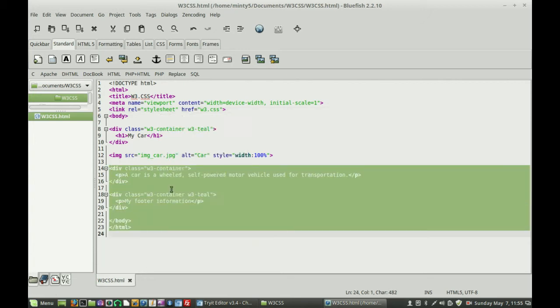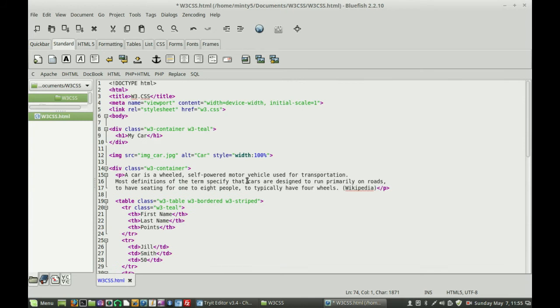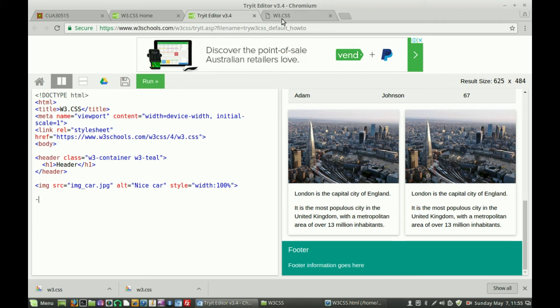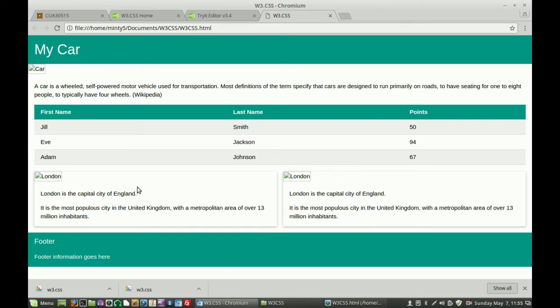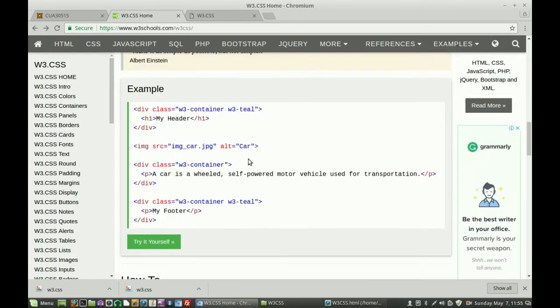Paste it, and we have a bit more. Save it. Go back over here and refresh. Yes, that's working fine. We don't have photos, but we will have quite soon. We can get rid of this. We go back here, and